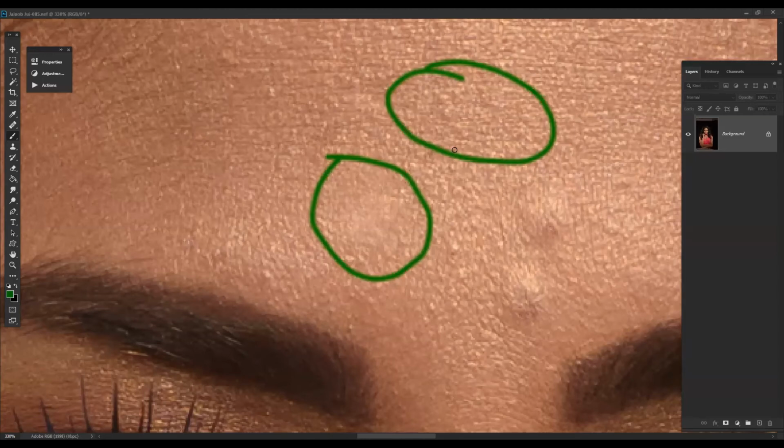So you got an idea how a Wacom pen's settings will also help you in doing retouching work. That's why every setting is very important.